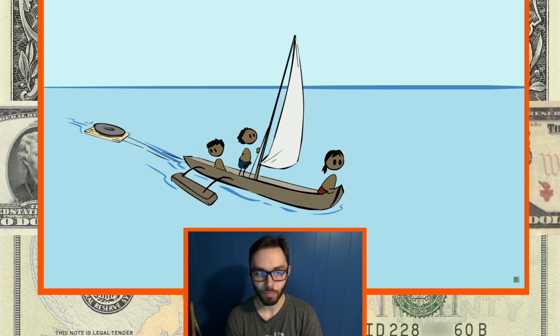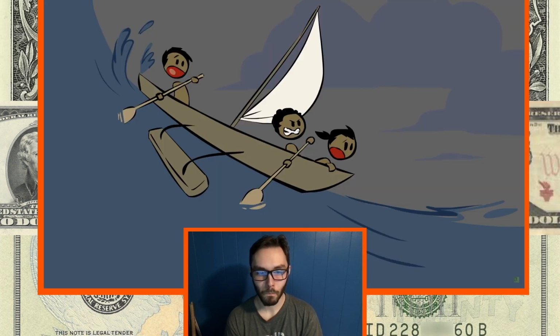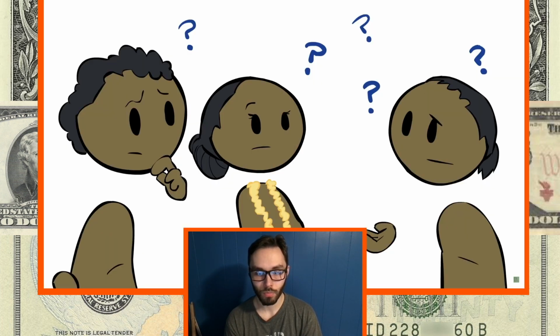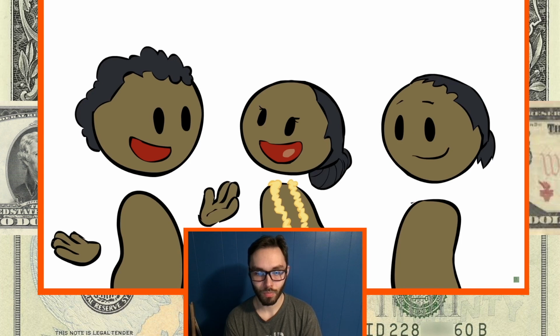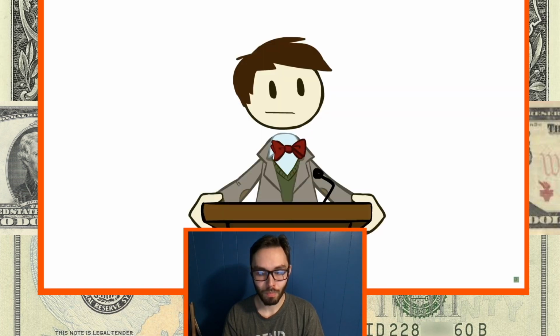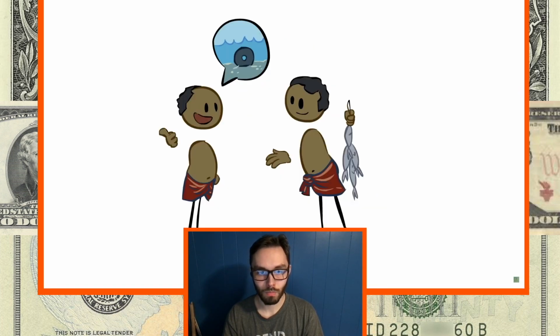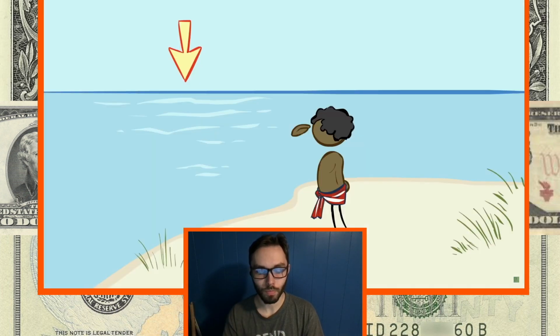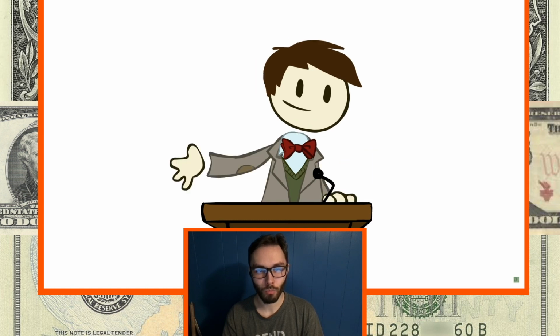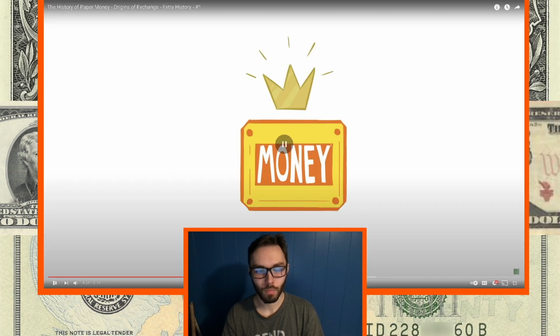And once, when a crew was coming back from a quarrying expedition, a storm hit and sent their stone to the bottom of the ocean. But the crew survived and told everybody what had happened, and the islanders decided that it still counted. So, to this day, somebody owns that giant piece of stone money at the bottom of the sea. And even though it's not really in use today, for hundreds of years that stone was used to buy and sell things, even though no one had ever seen it. Giving Yap, in some ways, one of the most forward-thinking monetary systems before the modern era. But if we want to talk about...